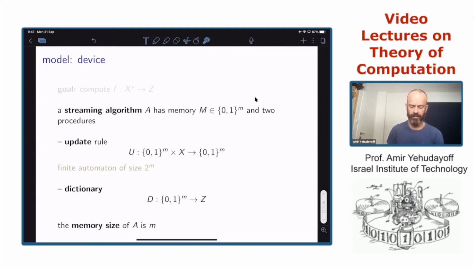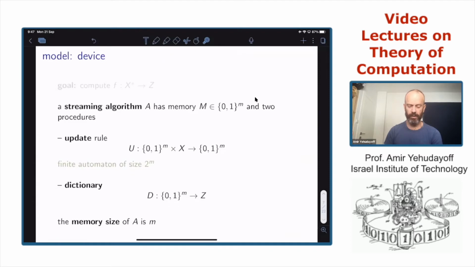You can see the similarity here with the finite automaton of size 2 to the n. The finite automaton also has such a definition, where you move from some state and some input to a new state. So you already saw a similar definition.